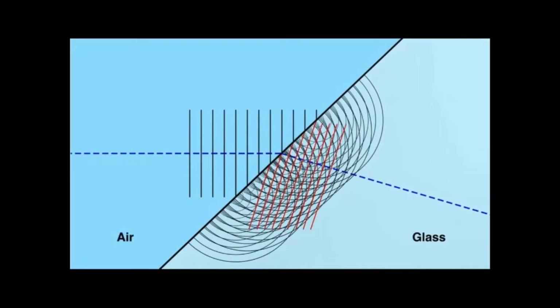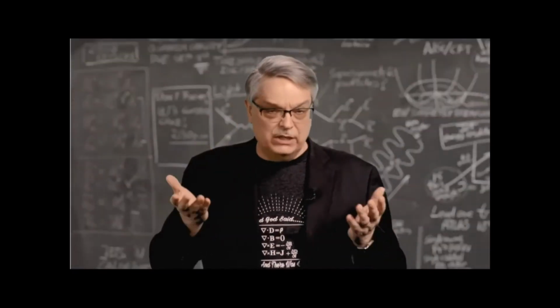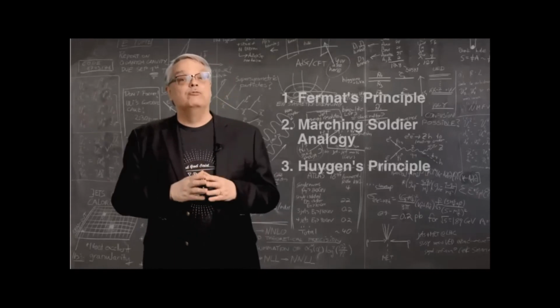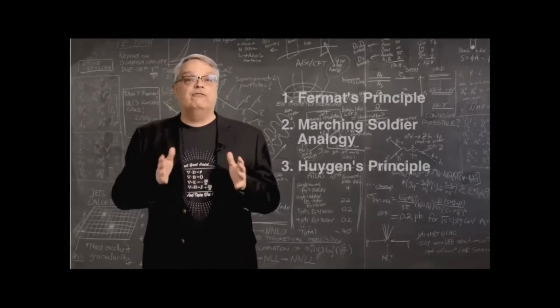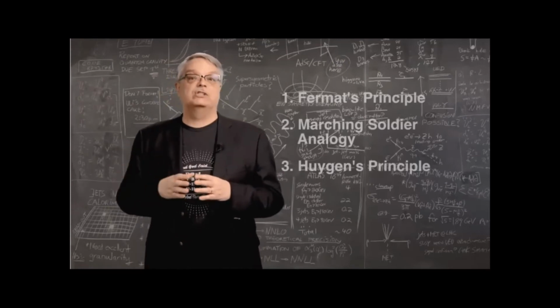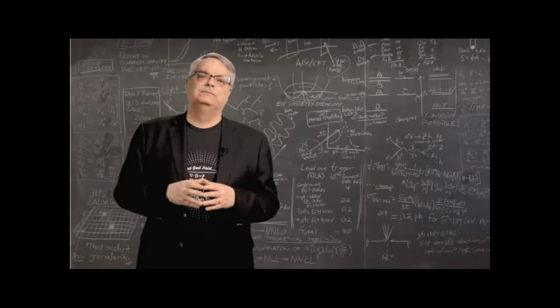On the other hand, that's not the only alignment. For instance, we see other geometries where the waves line up. There are the wave fronts that are going this way, and then there are the wave fronts going this way. So that's a problem. It seems that this approach doesn't give a unique prediction. Okay, we've ruled out Fermat's principle, the soldier analogy, and Huygens principle. These are all often seen as explanations of the cause of refraction given by people who really do know some physics. So what's the real answer?